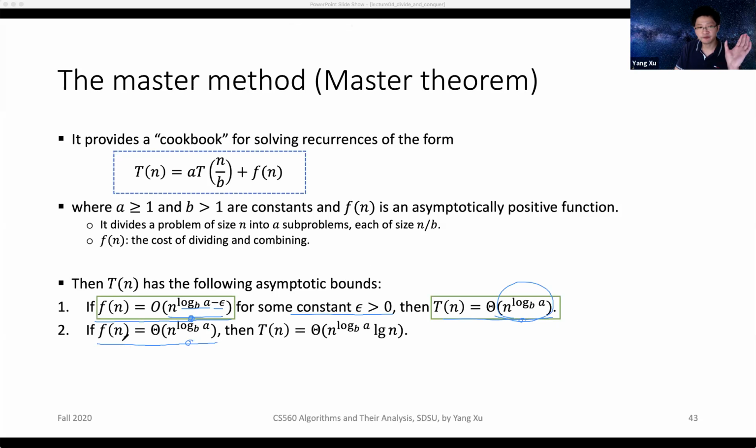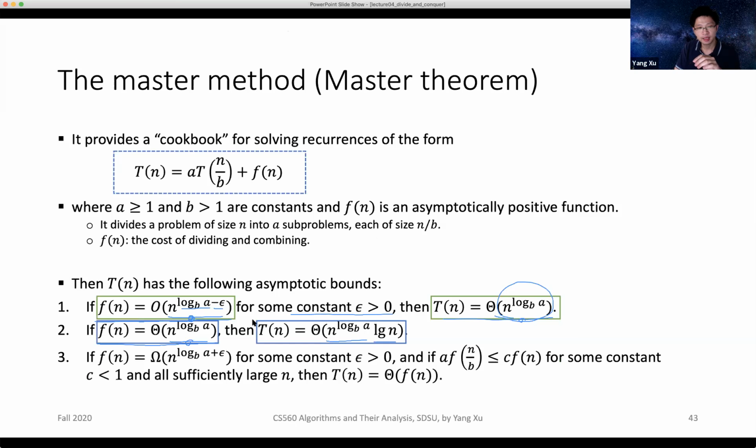In another way, f of n grows as fast as this polynomial function, then T of n is bounded by this polynomial term times the logarithm of n. That's the second condition. The third condition is a bit longer, but as you may guess, it says if f of n